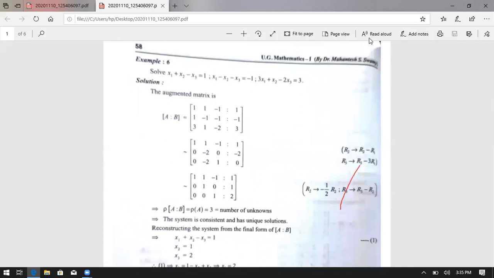Once again, see this one equation, all are same, but only we change the x, y, z, otherwise the variables x1, x2, x3. Otherwise we take w, x, y, z, any one you take. First you take the augmented matrix, after that the row reduced echelon form. Then you use the row operation only, not column. Then reconstruct that equation. Finally, you get the x, y, and z values, otherwise x1, y1, and z1 values. Okay. Thank you for all.